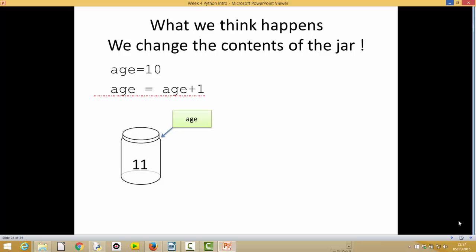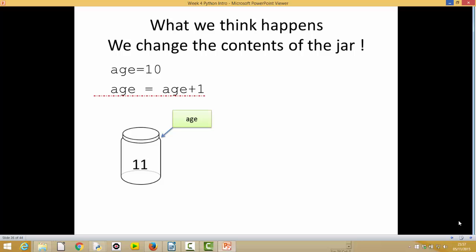If we now added 1,000 to that, age now would be 1,010. And if we had a jam jar of the same size, only 1 byte, we couldn't store 1,010 in there. So we'd have to grow the jam jar. In fact, if you think about it, we'd need 2 bytes to store the number 1,010. Well, you can't just go and nick an extra byte in memory. Maybe that byte's been allocated for something else. So the fact that jam jars are created to a specific size means that anytime we change the contents of that variable, we can't use the same jam jar